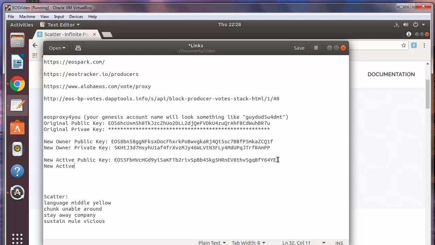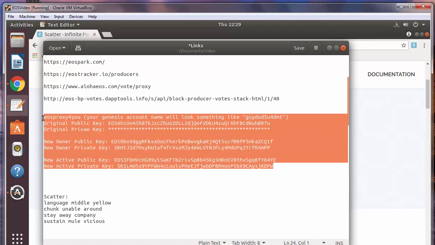And then I'm going to paste it here. So now what I've done is I've generated two random key pairs, both public and private. I've labeled one as the owner and one as the active. So at this point, I'm going to want to take all of this information right here,